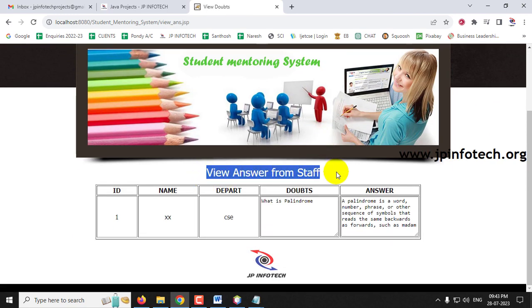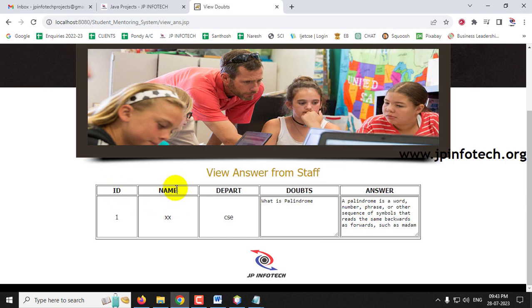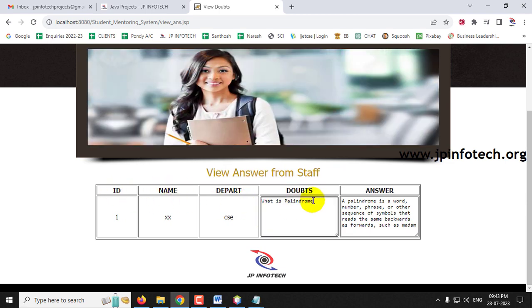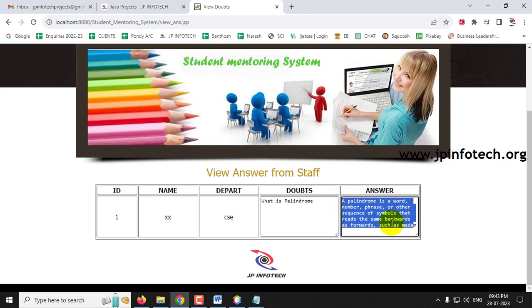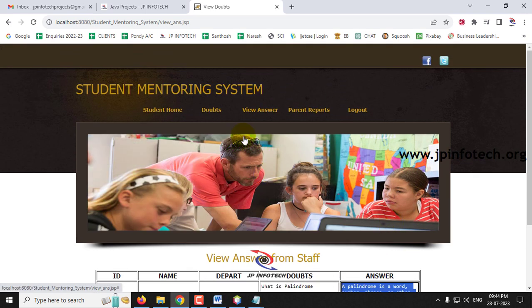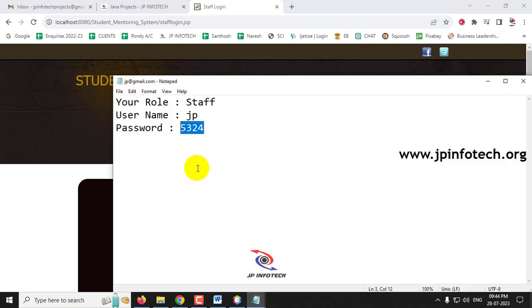So now you can see the answer that is given from the staff, that is ID, name, department, what is the doubt, as in what is the palindrome, and what is the answer given by the staff. So this is being shown here. So now let me log out from this part. Now coming back to the staff part,